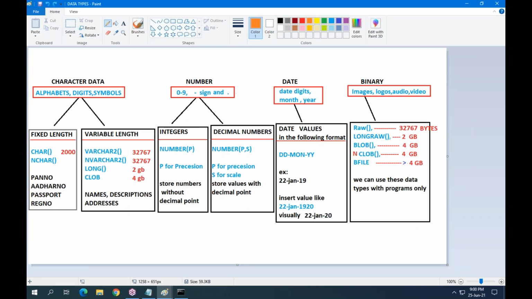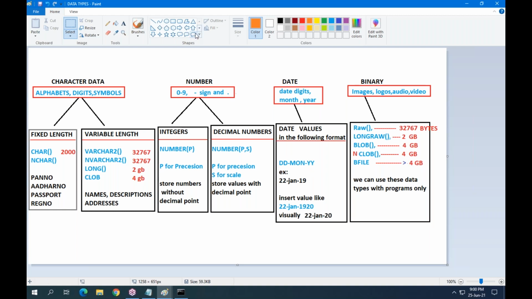Oracle is providing a data type named date. The data type name is date. It is supporting a fixed date format like this: DD MON YY.